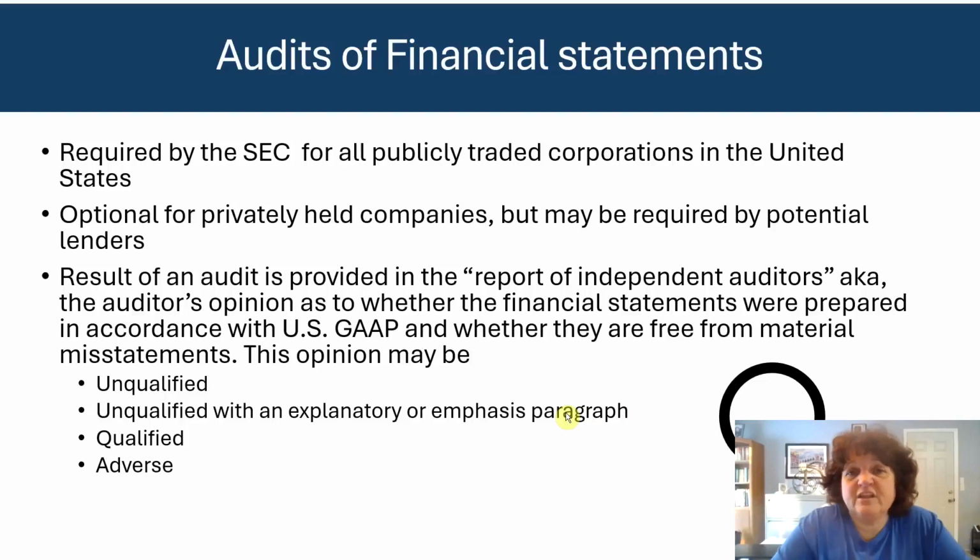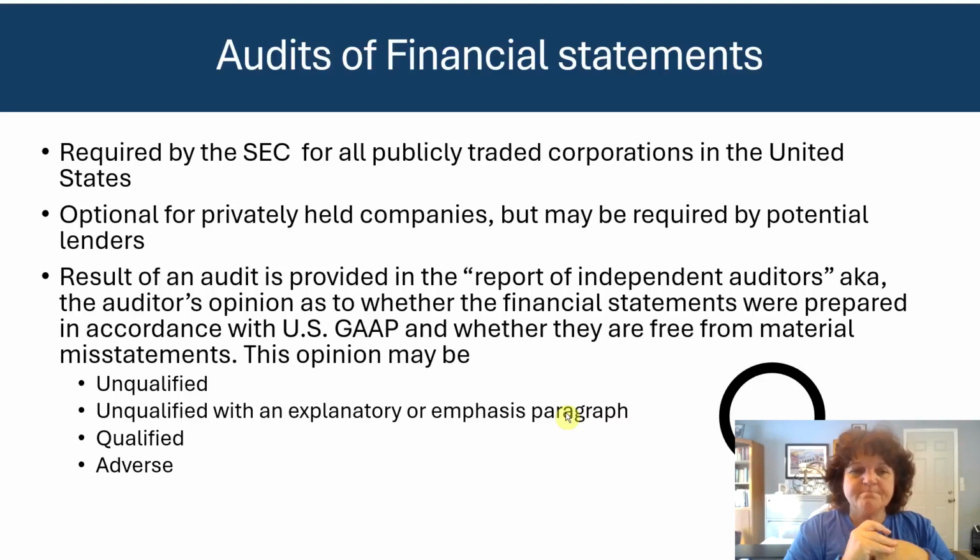And they're basically giving the auditor's opinion as to whether the financial statements were prepared in accordance with GAAP and whether they're free from material misstatement. And there's 4 choices about what opinion they could issue. First, they could give an unqualified opinion, which means they think that they're totally prepared in accordance with GAAP. They might give an unqualified opinion that has a little bit of extra explanation or emphasis. So they'll say, yeah, it's reported in accordance with GAAP, but you need to really pay attention to this aspect